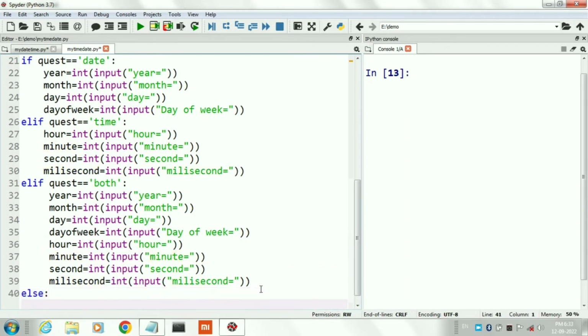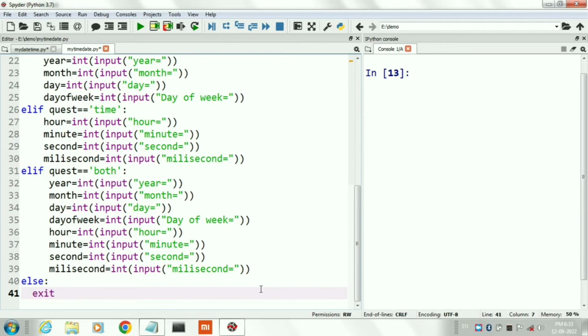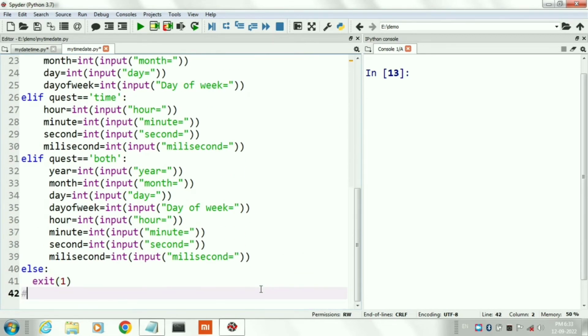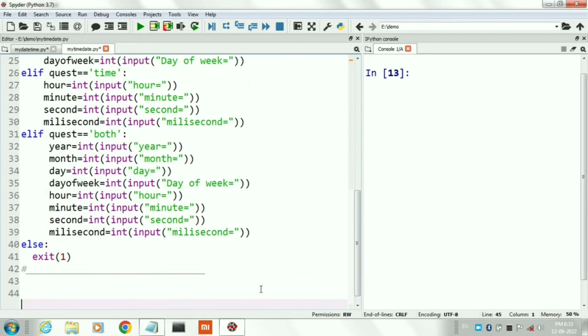If you enter any fourth choice, then system will be exited. It will close the program. This is our third part of the program.